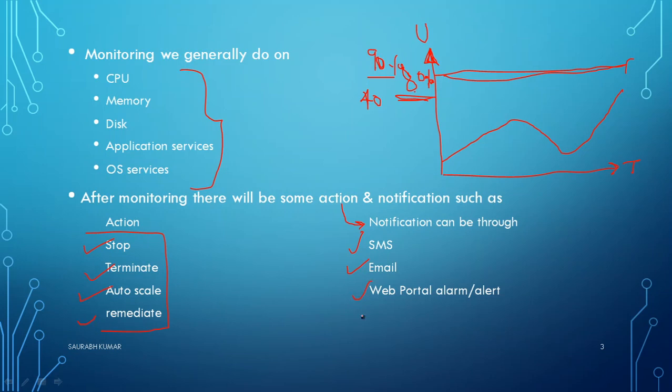Like maybe we are having the Amazon console. So in the Amazon AWS console, you can get an alert or an alarm, or maybe you will get an alarm or alert on your email, or maybe on your SMS. So don't worry about that. We are going to do the practical part of it, how you can create an alarm where, whenever the threshold is crossed, you will receive an email. So at least I will show you this practical.